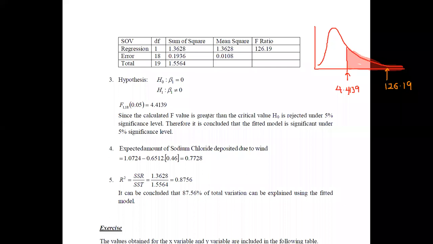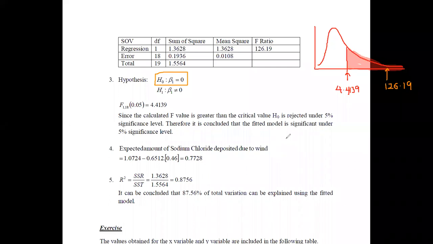Since the F calculated value, 126.19, is quite greater than the critical value of 4.4139, H naught is rejected under 5% significance level, and therefore we have to conclude that the fitted model is significant under the 5% significance level. This means that we are rejecting H naught, therefore the fitted model can be taken to be a significant model.